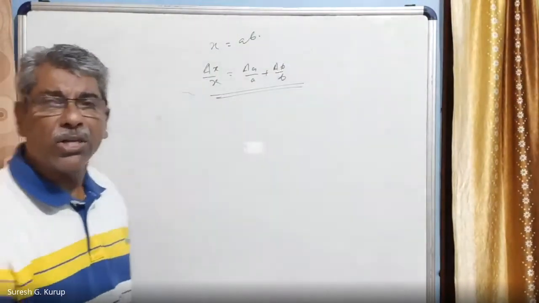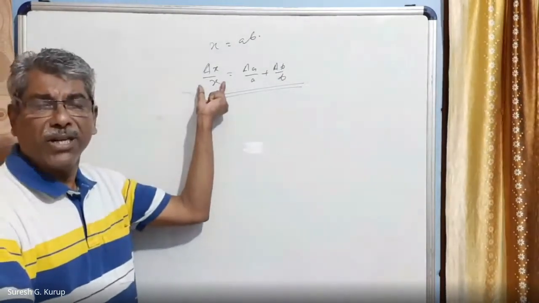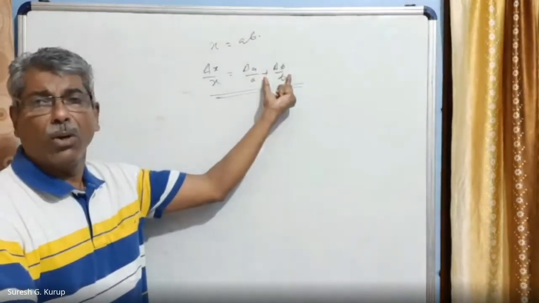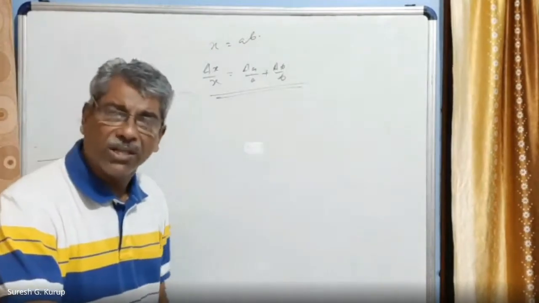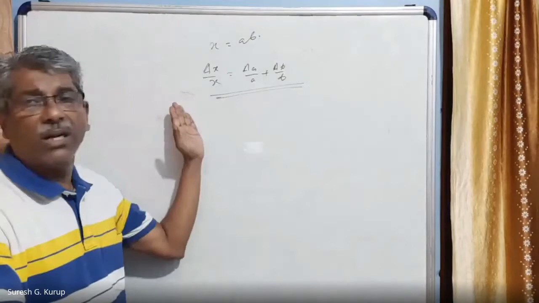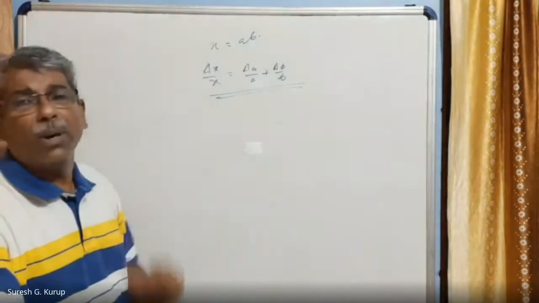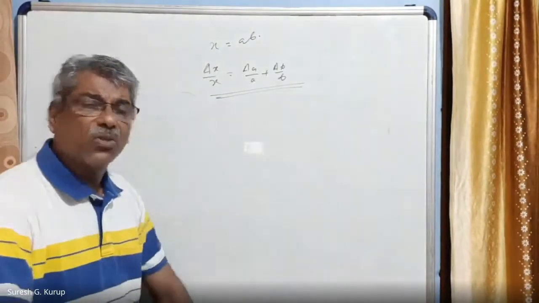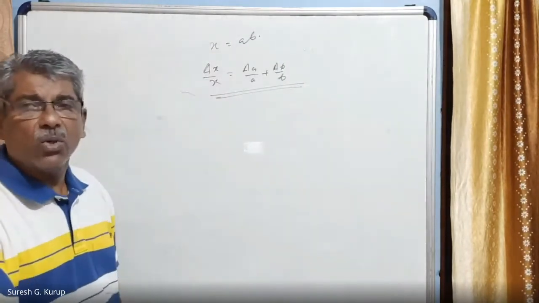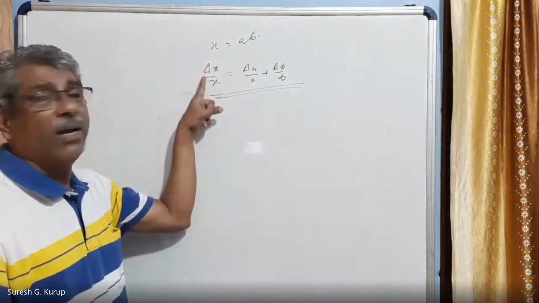So when two or more quantities are multiplied, the total relative error in the calculation is equal to the relative error in the first quantity plus the relative error in the second quantity plus the relative error in the third quantity, etc. Every quantity will have a relative error, and the relative errors are added together. Then you get the resultant relative error in the product. Am I correct? So in this case, two quantities are multiplied, X equals AB, and the total relative error in the resultant value X is given by delta X by X.